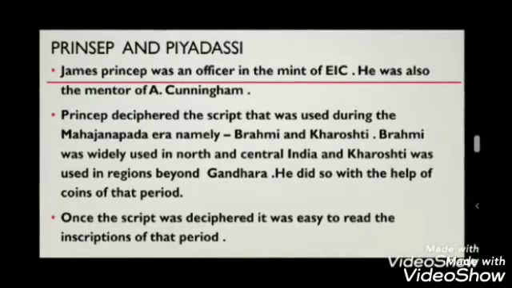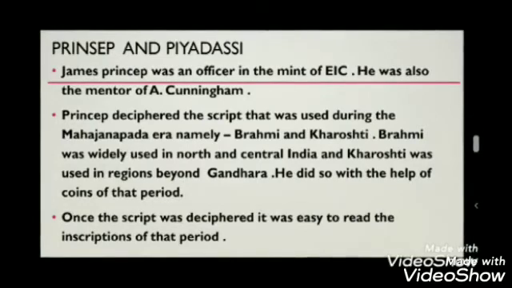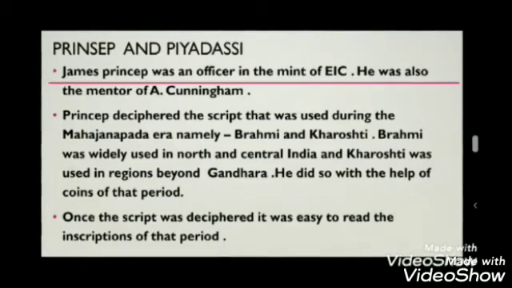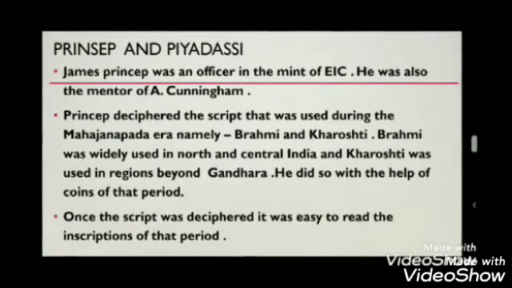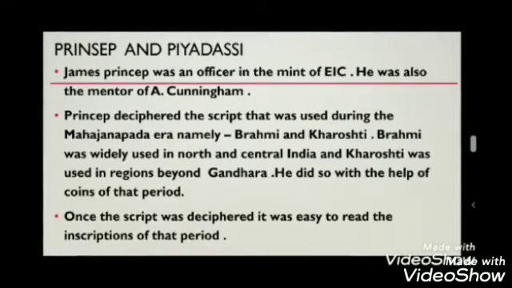Brahmi and Kharoshti. Brahmi was used in central India as well as in the eastern part of India, so it was widespread. Whereas Kharoshti was used in the northwestern part of the Indian subcontinent during the Mahajanpad era or the Mauryan period. Once these scripts were deciphered, it was like a key was opened to read the mysteries that were written